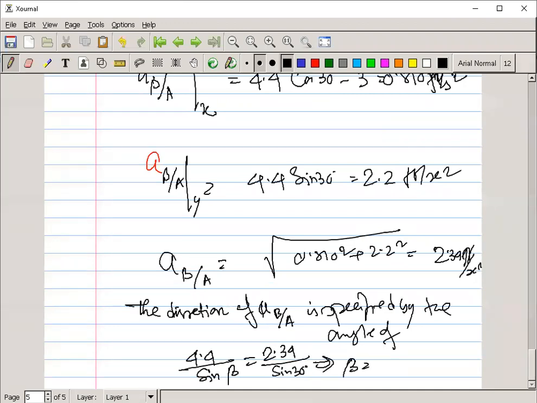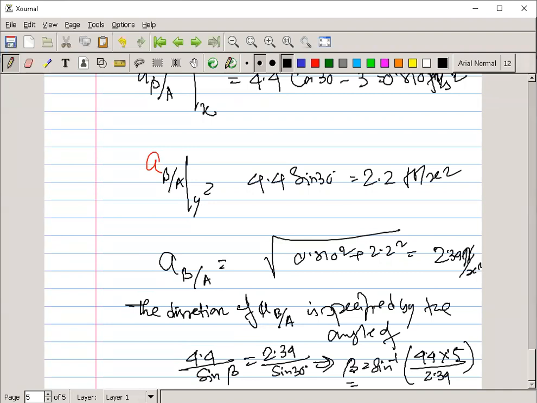So from here we get beta equal to sine inverse of 4.4 into sine 30, which is 0.5, divided by 2.34. Sine inverse of 4.4 into 0.5 divided by 2.34 is